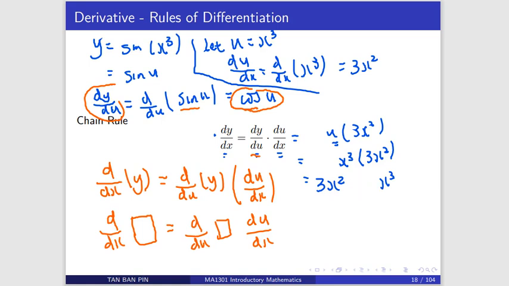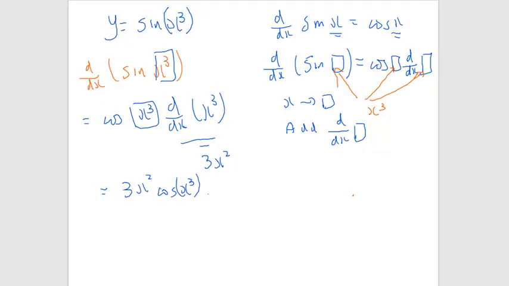So with that, you see your mistake, right? If you do it the other way, you do it together. So you see that if you do it this way, you fill in cos, you fill in x cubed, x cubed, x cubed. So you start with cosine x cubed d/dx of x cubed. So you add this step, so the chance you make a careless mistake is lower. Then differentiating x cubed equals 3x squared. So straight away you get 3x squared cosine x cubed.